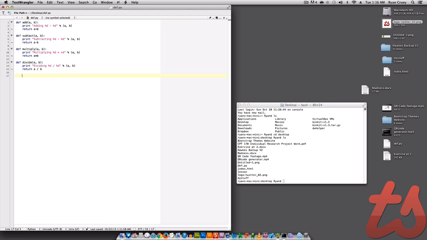So in a nutshell, what we just did, we defined 4 tags: the add tag, subtract, S-U-B-T-R-A-C-T, yeah, subtract, multiply, and divide. So those 4 tags are defined as adding. It'll print add these 2 %d's. In this case, it would be addition, not subtraction. And then for A and B, which will be the %d's, it will return A and B, which is whatever we're defining as. So in this case, we're going to go and say print,